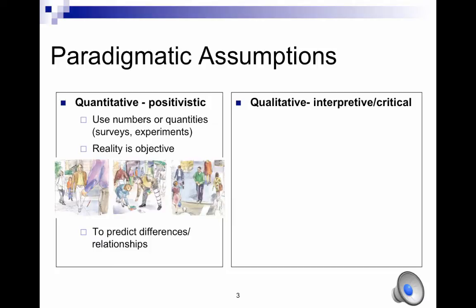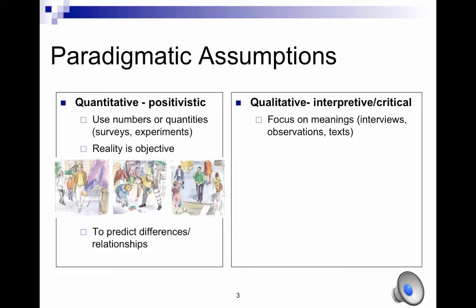For example, in the kindness of strangers study, the researcher wanted to test differences in helpfulness across dozens of countries. How did he collect data? He coded the number of people who exhibited helpful behaviors within a fixed amount of time in a variety of experiments. On the other hand, qualitative scholars, used primarily by interpretive and critical scholars, do not use numbers, but collect